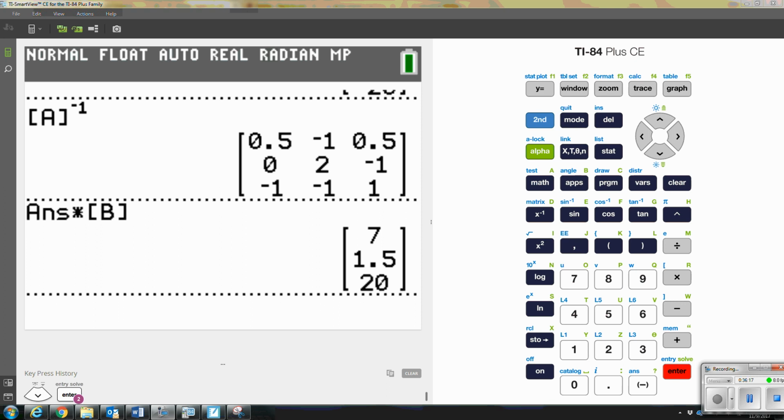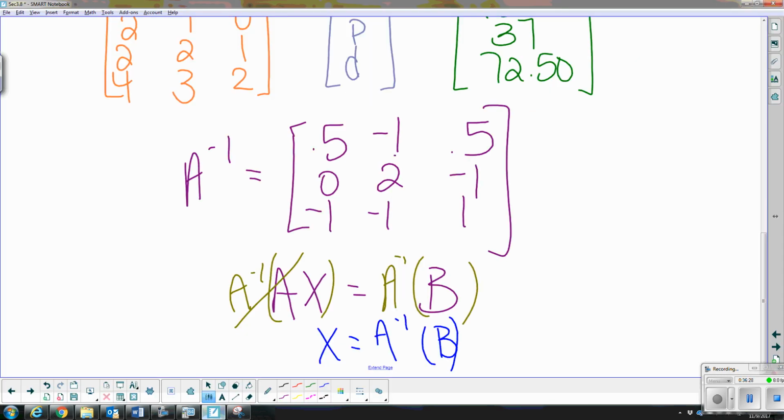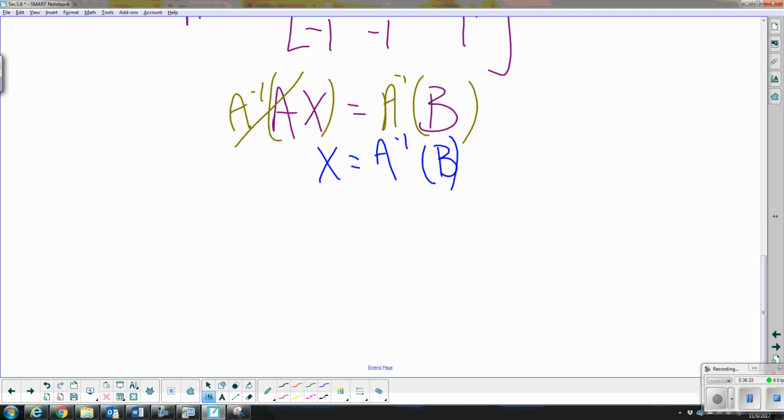So when I fixed my inputs of my inverse matrix here, and then multiplied that by matrix B, I got 7, 1.5, and 20. So that means matrix X is 7, 1.5,